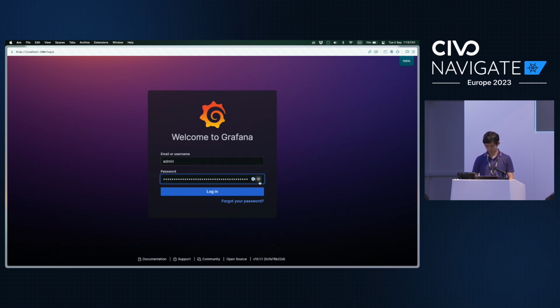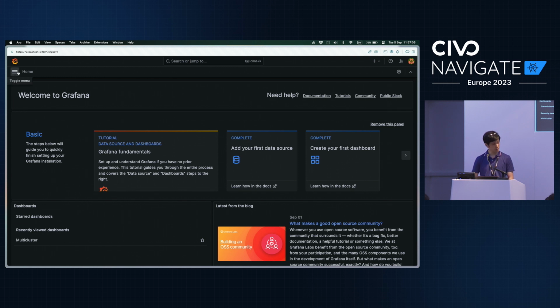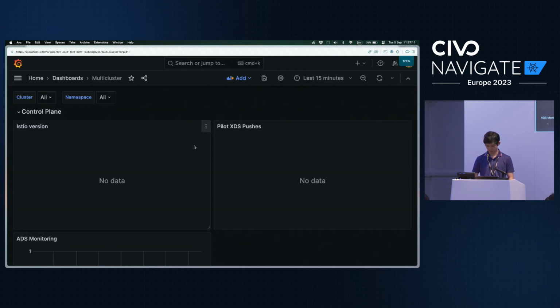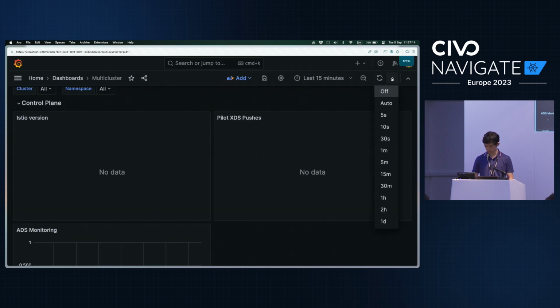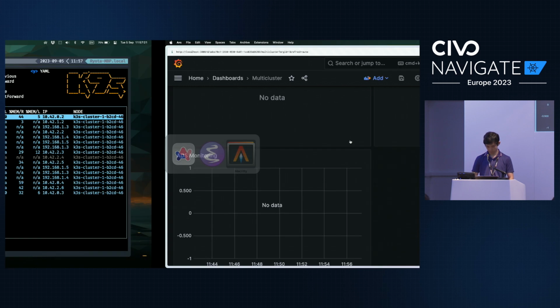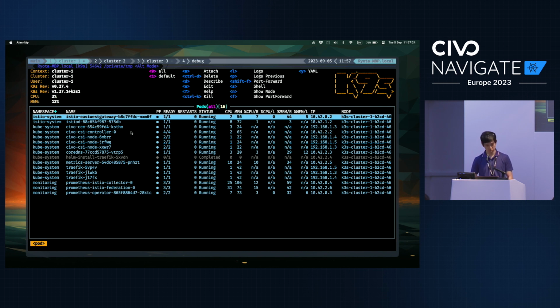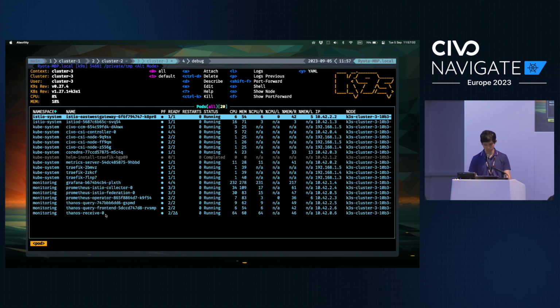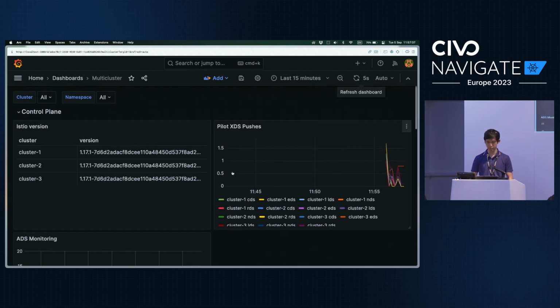Admin, and then I copy the password that I just got from the Helm command. So Grafana is up, and if you go into the dashboards, you can see that the multi-cluster dashboard is in place. You don't see anything. The reason is maybe that the connection is just about to come in. If you look at the deployments, cluster 1 has Prometheus, cluster 2 has the exact same setup, and cluster 3, okay, Thanos is not coming up, and Thanos has finally come up, so this means I should be able to see the metrics coming through.